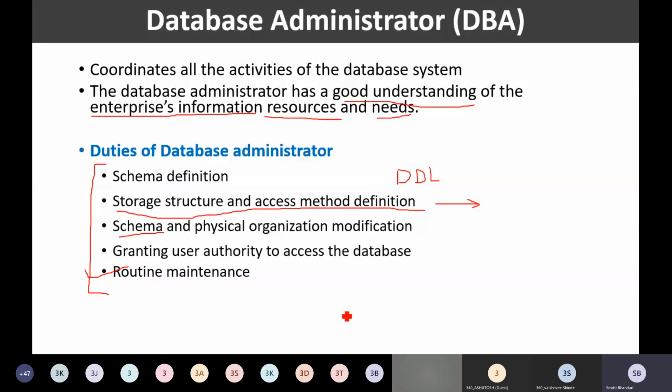As I mentioned, the database administrator has the whole and sole responsibility for the database of the enterprise. That is why, with respect to databases, the database administrator carries a huge responsibility, right? And that is why this is one of the most important roles in many organizations. And being a computer professional, it is possible for you to work as a database administrator, right?